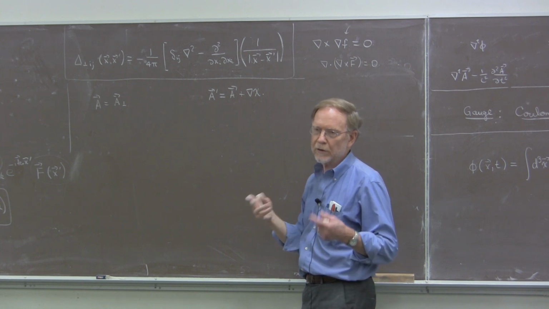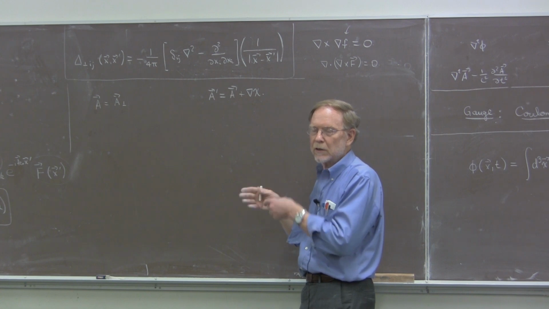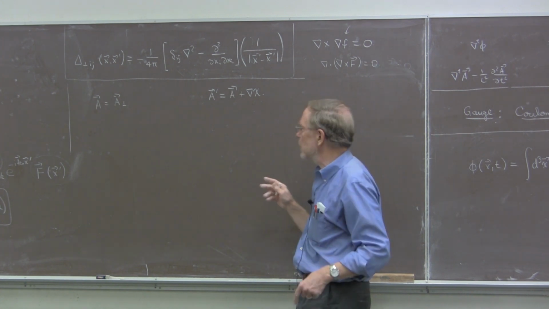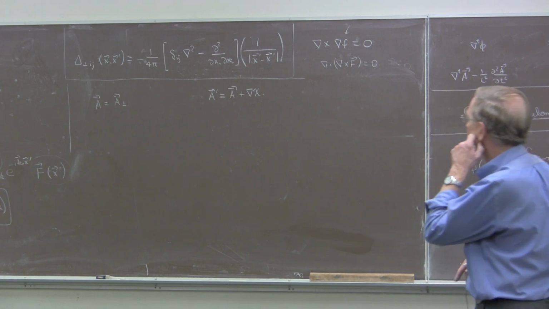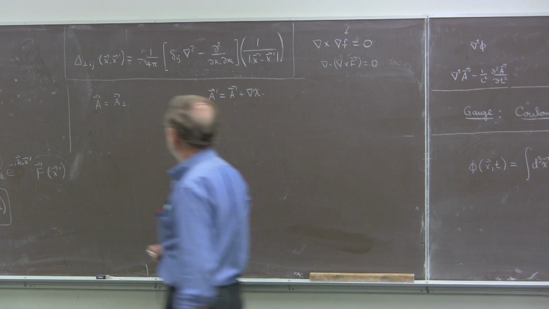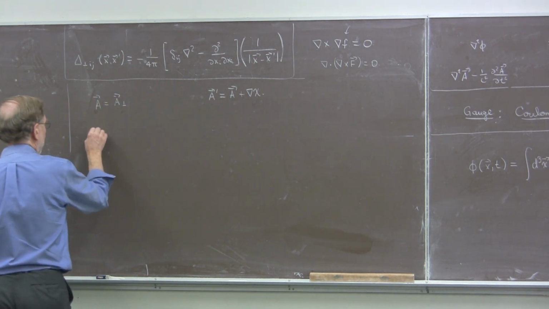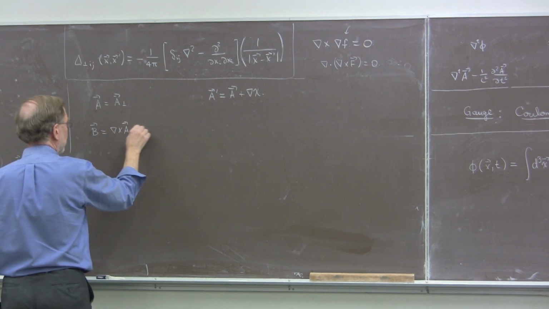So you'd think logically if something were physical in one frame, it'd be physical in another. So that indicates flaws with this line of language that I'm using, but still it's worthwhile thinking about it all the same. All right, in any case, Coulomb gauge means that A is purely transverse. Now, the magnetic field, of course, is del cross A, so that means that the magnetic field is also